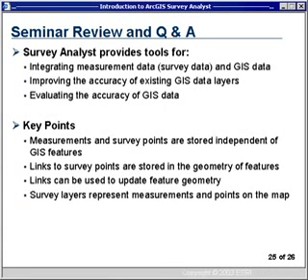And as I mentioned, there'll be more demonstration of actually getting the survey data into ArcGIS with our presentation on the 27th of February. So as we review, Survey Analyst provides tools for integrating measurement data or survey data in GIS. It provides tools to improve the accuracy of existing GIS data layers. And it provides tools to evaluate the accuracy of existing GIS data. Some of the key points are